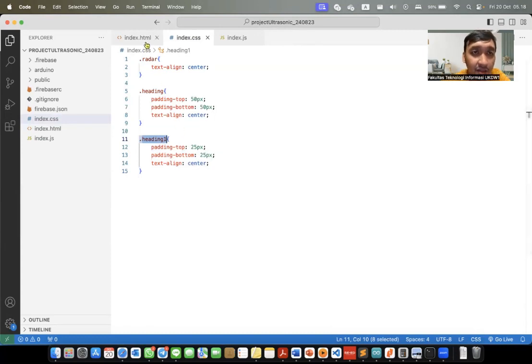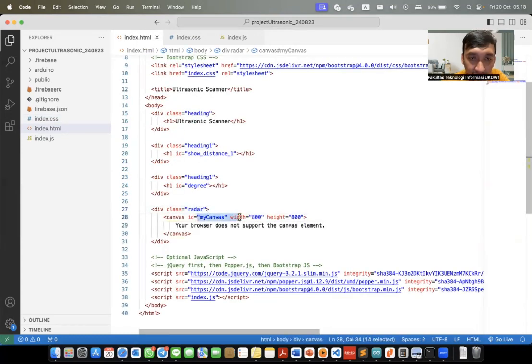The radar class is used for the canvas here, heading one is used for the distance value and degree value, and heading is only for the title.